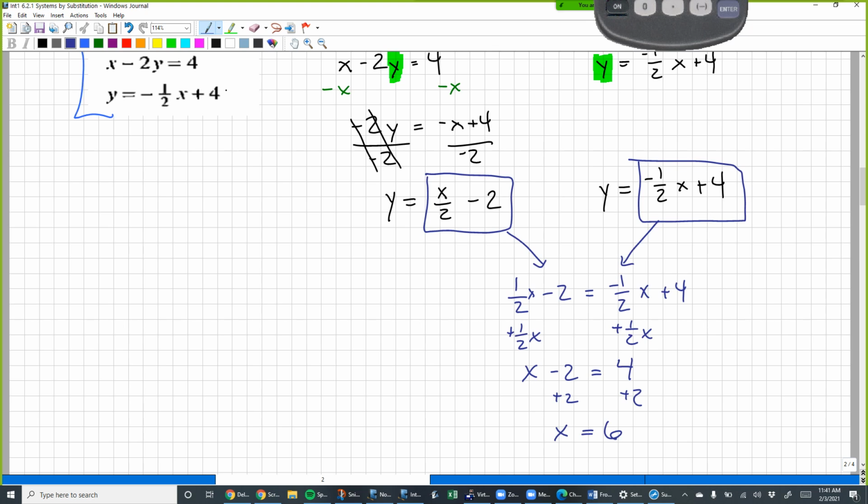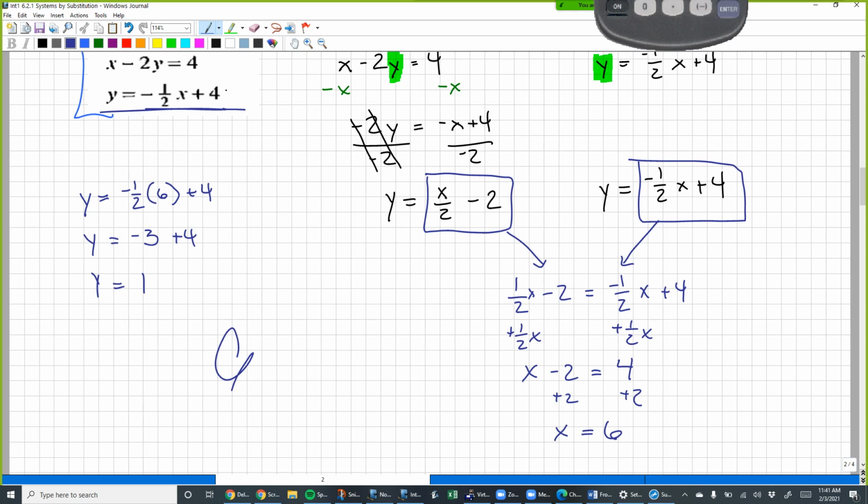Now, this is not my full answer because it's only one of the variables that we have. What we need to do is plug it back in to see what the other variable is. So I have y is equal to, I can pick any one of the equations, but I'm going to pick the one that was originally given to us. Y is equal to negative 1/2 times 6 plus 4. That's equal to negative 3. And y is going to be equal to